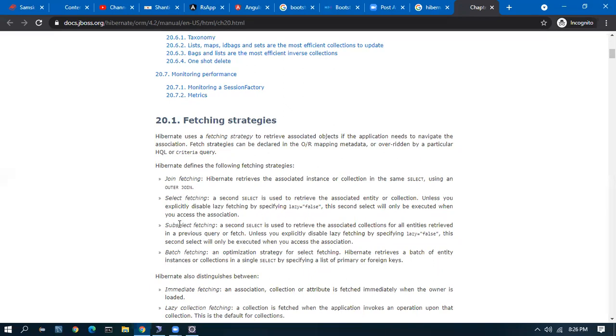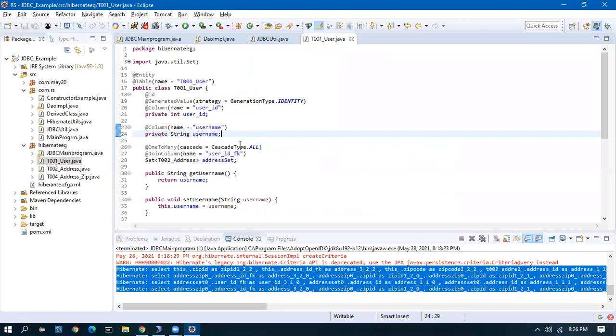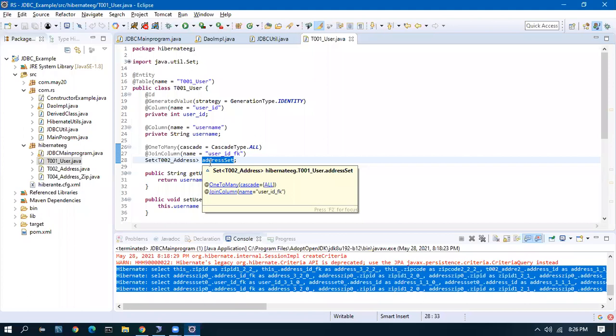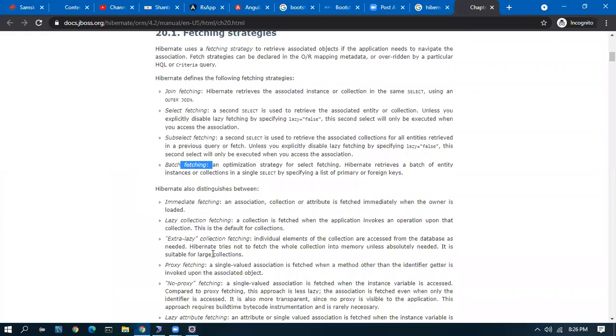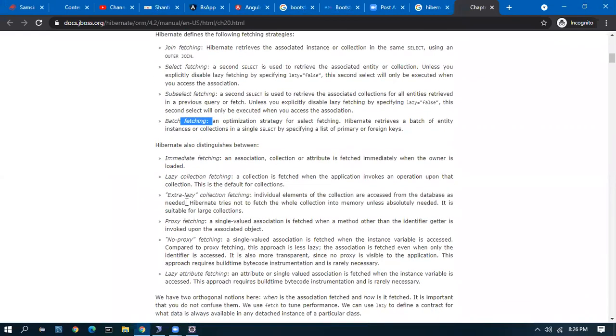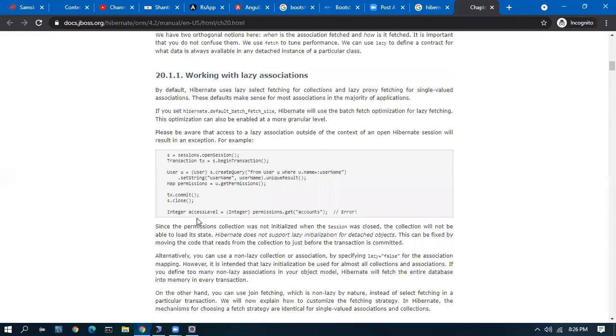Then subselect fetching is used to retrieve the associated collection which was retrieved in a previous query. Then batch fetching is where we give the batch size. Let's say this is a collection that can have 100 or 1000 elements. If you give batch size 10, then 10 will be fetched at a time. So these are the different types of fetching, like lazy, proxy, and no proxy.